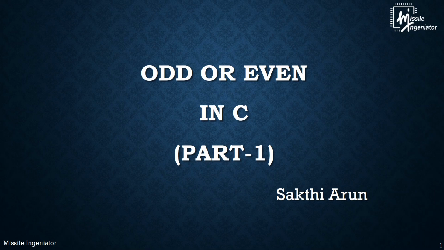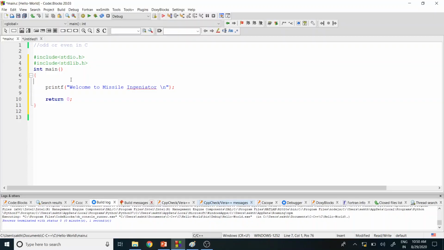In this lecture video, I'm going to give a simple C program for odd or even in C. To find odd or even, we have to use a variable to get the value from the user. For getting the values, we have to use the scanf function. I'm using %d because of the integer data type, and we have to use &a. Why do we use ampersand a? Because whatever value we get from the user will be stored in the address of the memory.